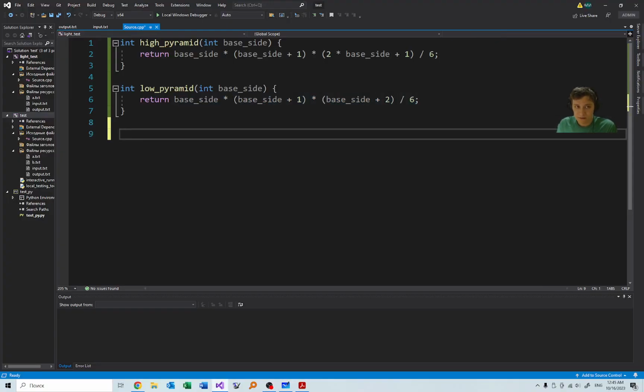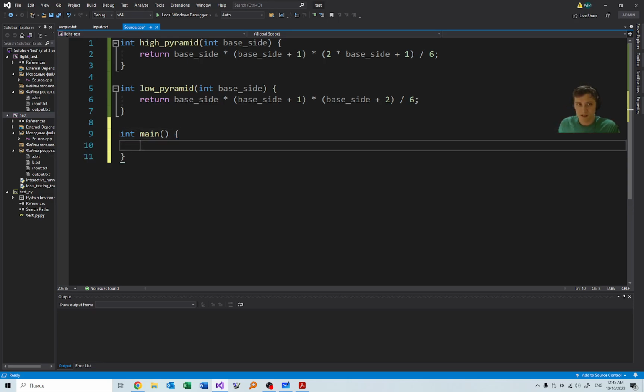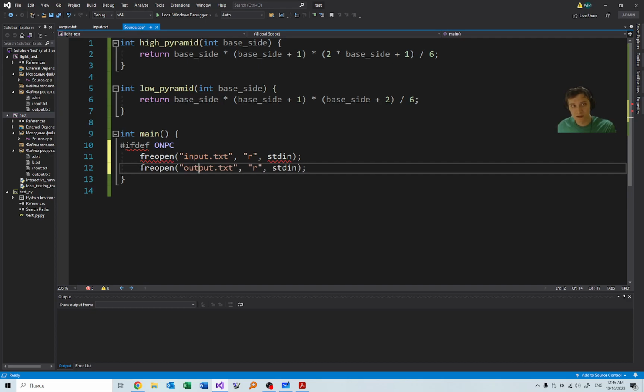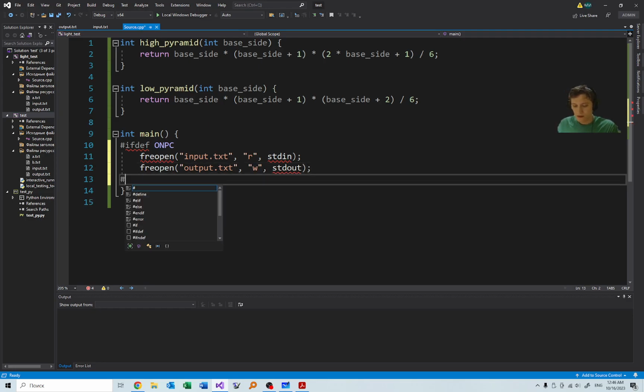which is actually not really correct. Oh, my camera is so friendly. Never lets me down. I will use files in my problem with an ifdef pragma. So on PC, reopen input.txt. It is just for using the files because I like them more than the console. Output w out, and as you see,